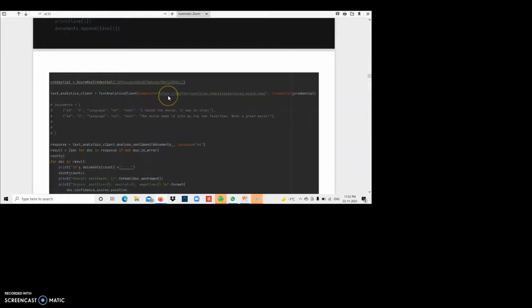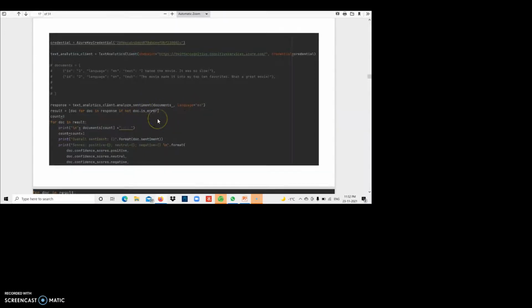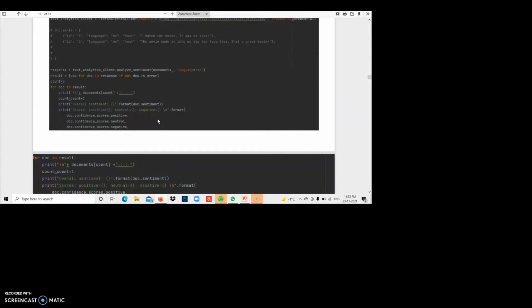Why have I used them? Because this would help me to connect to my cognitive services. That's why the analysis would happen from this endpoint to my Azure's endpoint. So this code would be used here. So the connection is being built, and the analysis would be done. And for that,